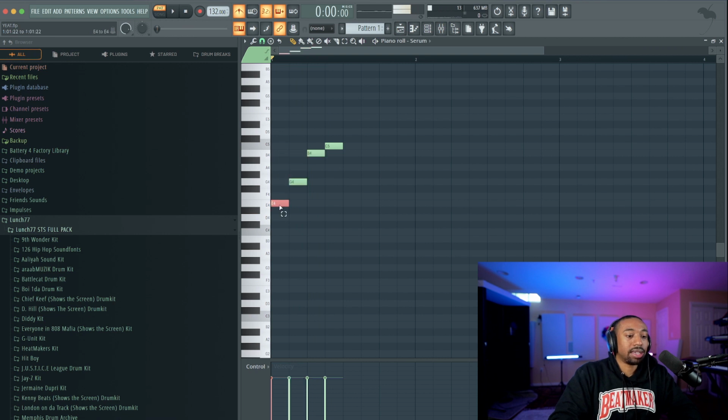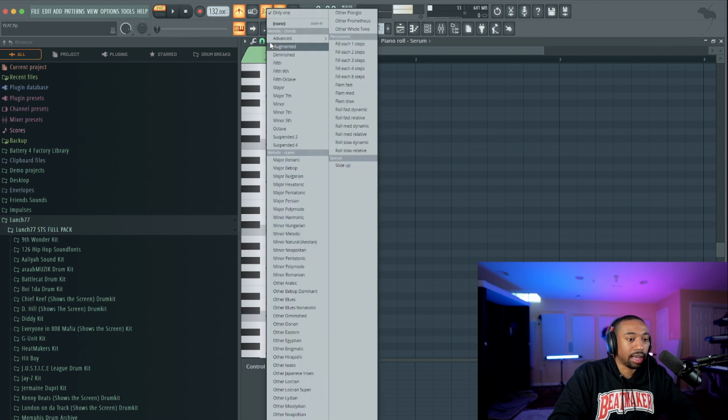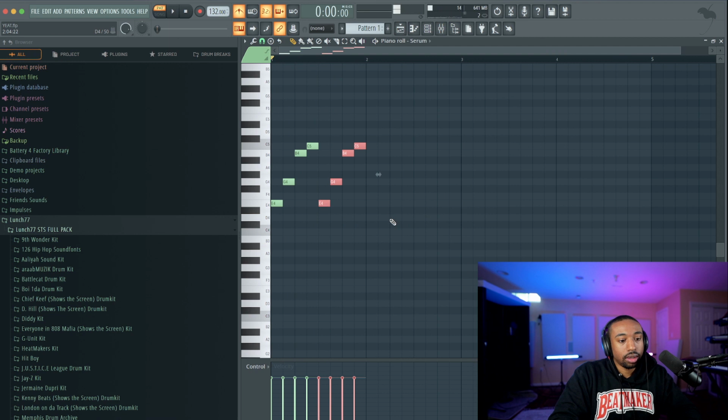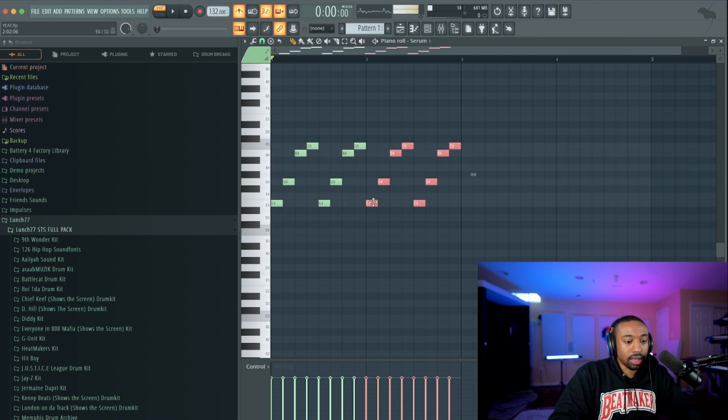Okay, so to give it that yeet sound, we're going to do the E minor chord, and then at the last note, we're just going to go up one note. So E minor, if you don't know, just go to the chord stamp and go to minor, and these are the notes right here, E, G, B. Okay, now we're just going to repeat this, hit Control, highlight those, hit Shift, left click, drag it over. Now we're probably going to change this over time, but I'm just hitting Control to highlight all this, hit Shift, left click, and drag.